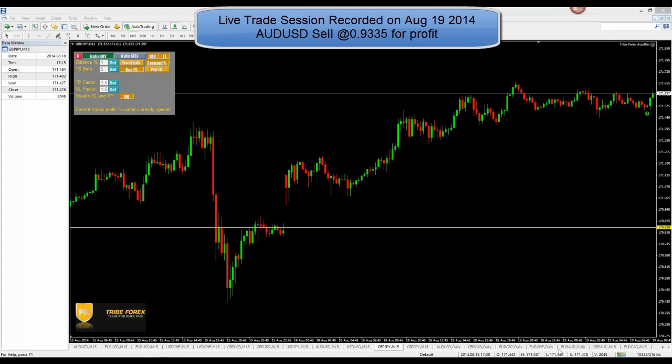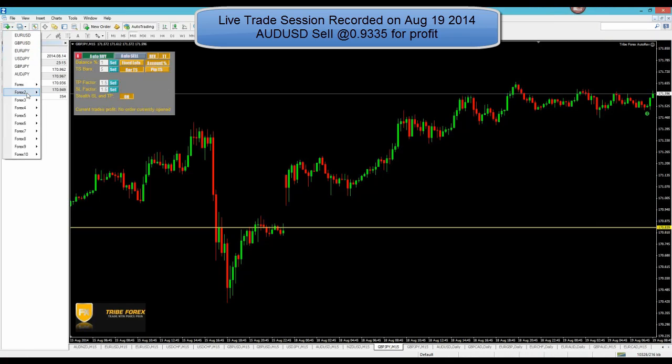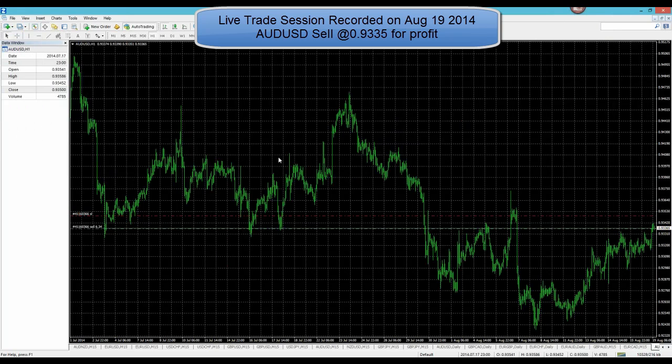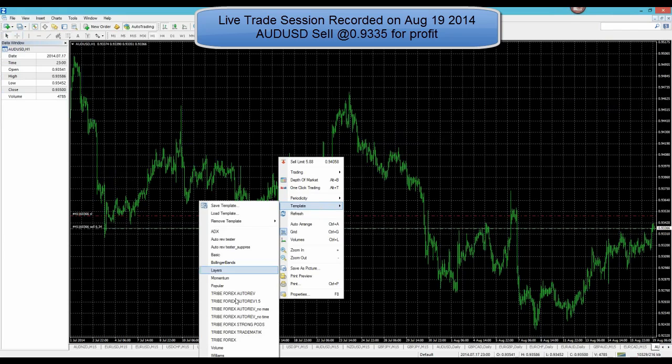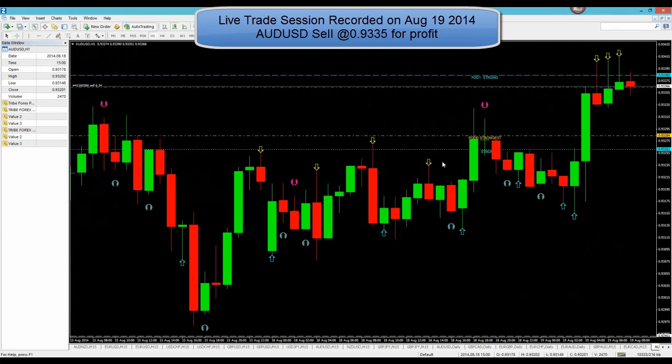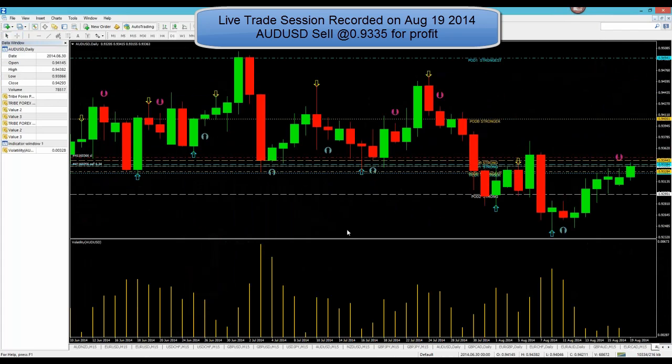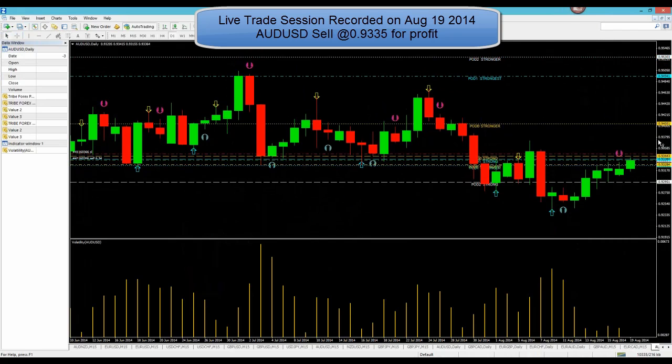So while I'm here, let me share with you really quickly how you could have also taken this Aussie dollar. It's the one trade that we do have that's open currently. So I'm going to pull up an Aussie dollar chart, and I'm going to put my pods on. If you wanted to take this manually, then pull up your Tribe Forex pods. I'm going to put it on the daily chart. And you're going to notice this